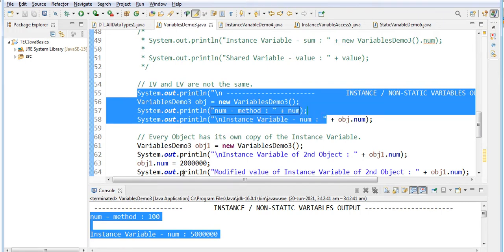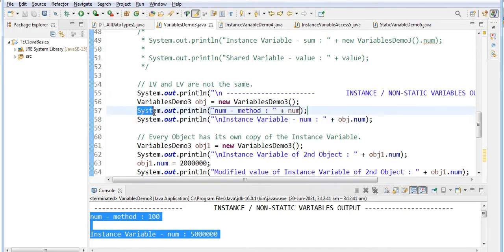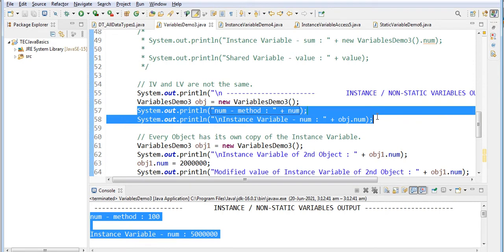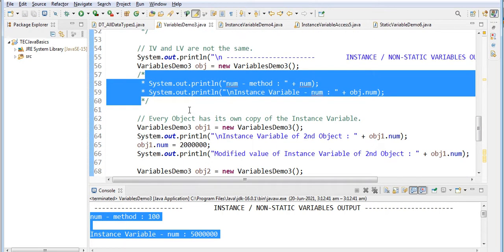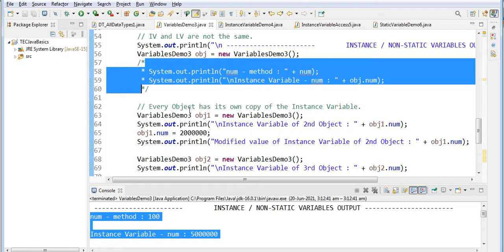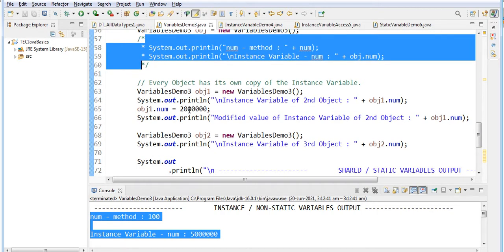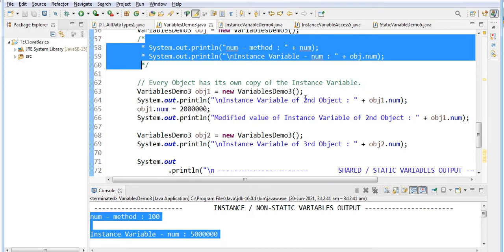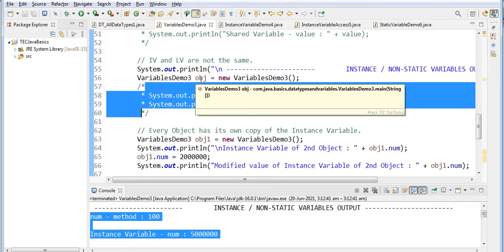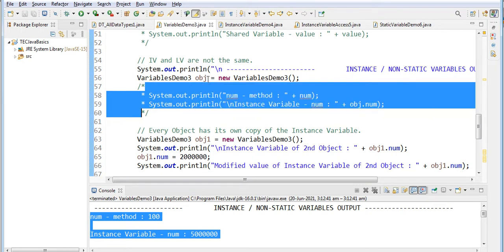Next one. I think if I had typed it separately it would be easy; it's messy. Here I told you every object has its own copy of the instance variable. So I am creating 3 objects in total: VariablesDemo obj equal to new VariablesDemo.